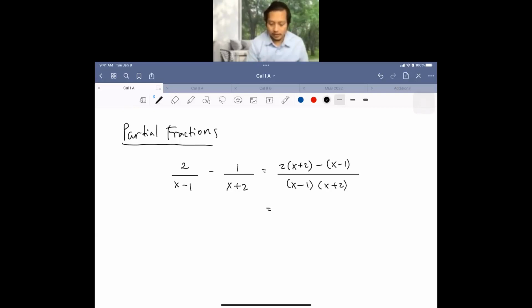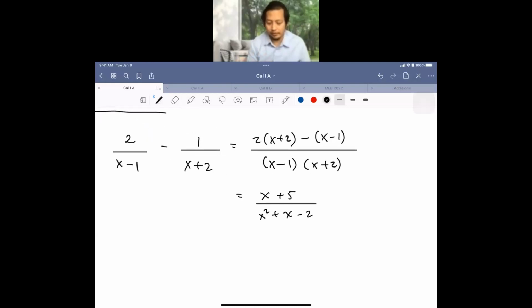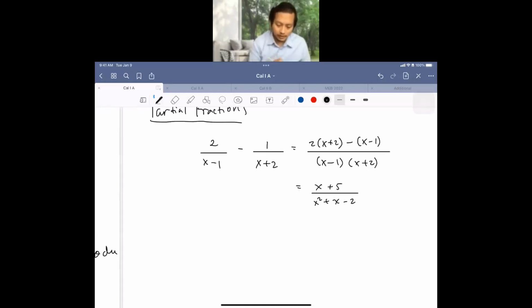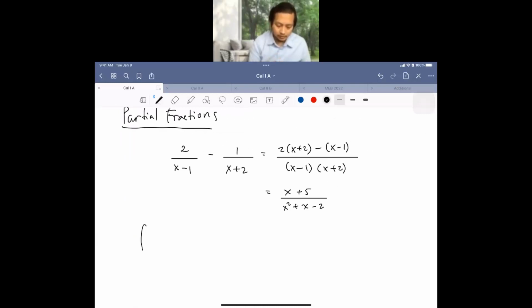2x minus x is x. 4 plus 1 is 5. And then the bottom one we can just multiply. The compound is x squared plus x minus 2. Now we have this fraction that is a combination from 2 over x minus 1 minus 1 over x plus 2. So if you imagine we take the integral of x plus 5 over this,